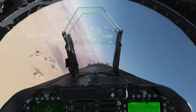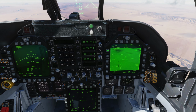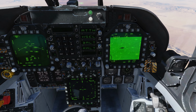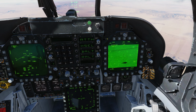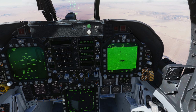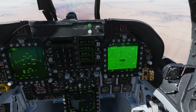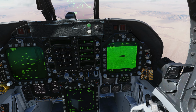And now just turning back into the target. Okay, so just moving in on the target, I'm zooming in there on the flare pod or targeting pod, and just trying to designate it there. Something I do here is for the purpose of the tutorial, because it would work otherwise, is if you remember